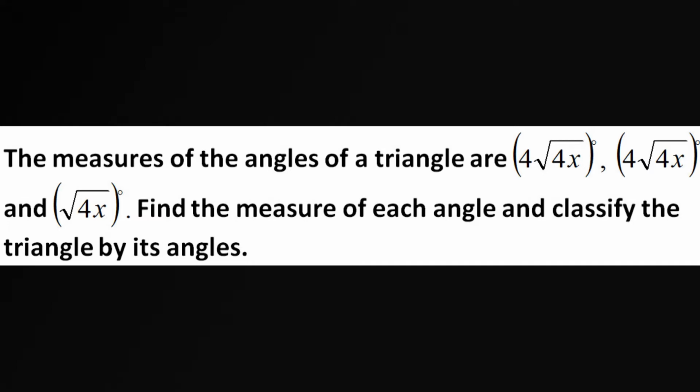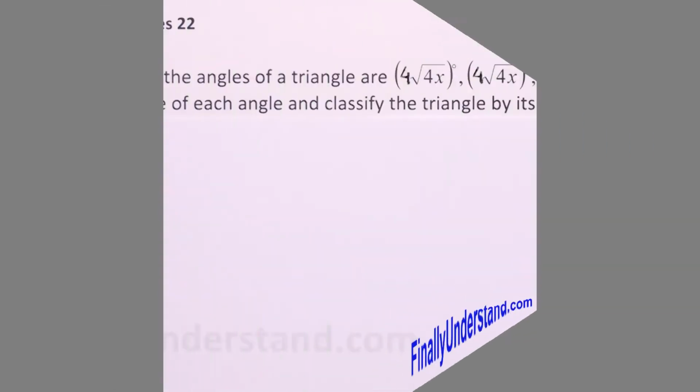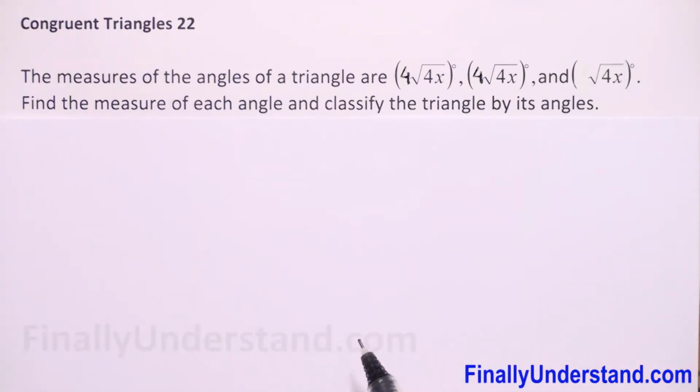The measures of angles of a triangle are given by these three expressions, and we have to find the measure of each angle and classify the triangle by its angles. So we know that the measure of interior angles of a triangle is 180 degrees. So we can write an equation that